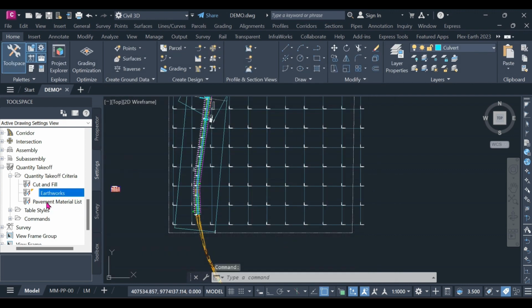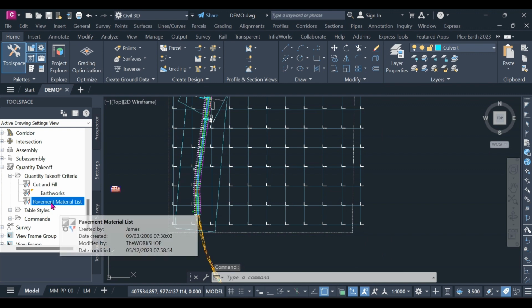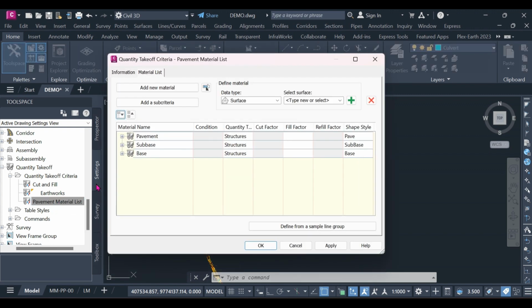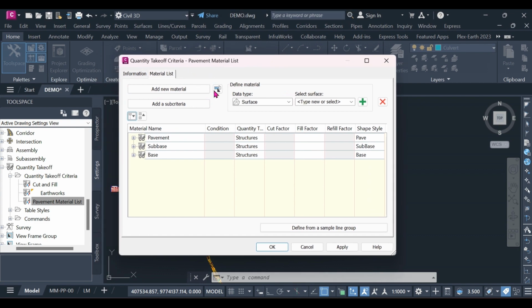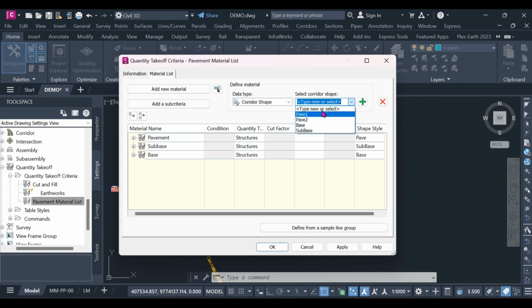And then after that, we'll be able to explore the pavement materials list. And then you right click on that. And this is now the function that helps us to calculate the pavement layers. All right. So you can see the pavement. This is basically pave 1 or pave 2 from your end. So this is basically more of the AC surfacing. Then there is the sub base, and then there is the base. Right. The good thing is when you're doing that, you can also use corridor shapes. And when it comes to corridor shapes, that's where you are able to explore the different pavement layers that you have in your assembly. So